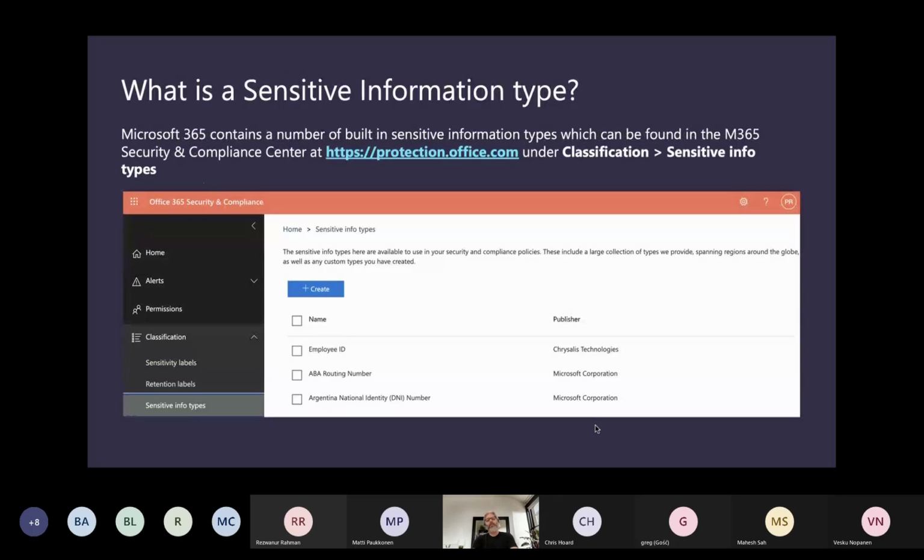So I talked a bit about sensitive information types. So what are they exactly? Well, Microsoft 365 contains a vast number of these built-in sensitive information types, which can be found in the Microsoft 365 Security and Compliance Center at the moment. They are not currently, at least still not to my knowledge, I haven't checked in a while, visible in the Compliance Center itself. You have to go to the Combined Security and Compliance Center to view these still, as far as I'm aware, which you can get to at protection.office.com and under classification and sensitive info types. And you can see in the screenshot there